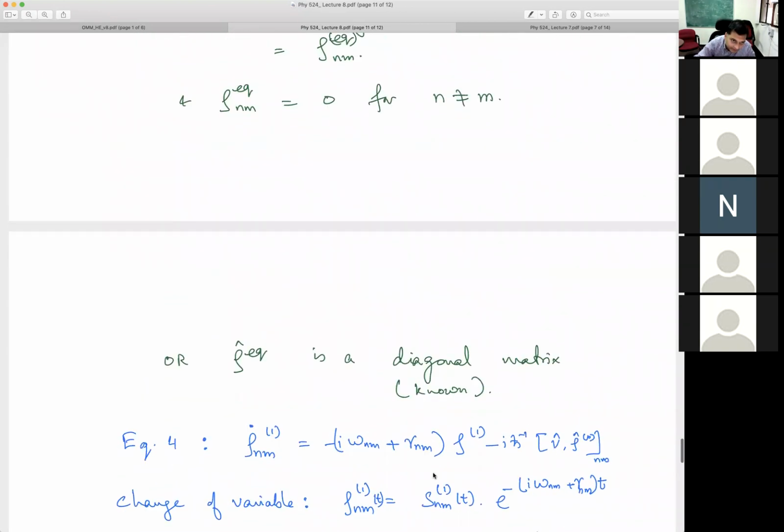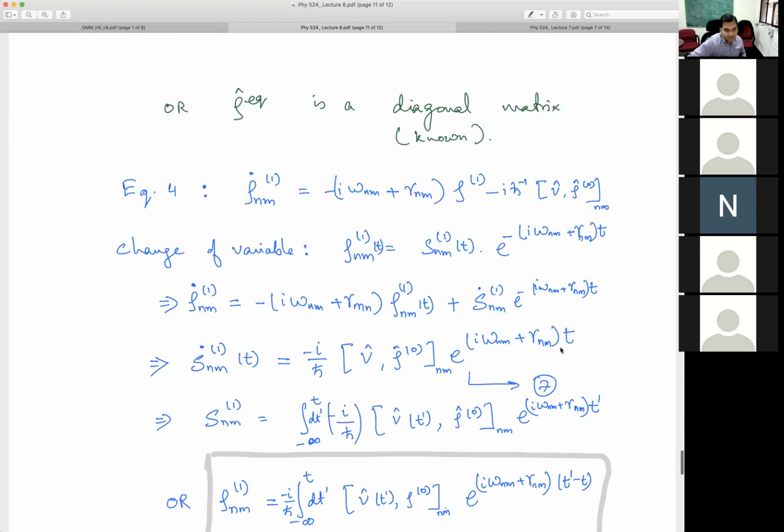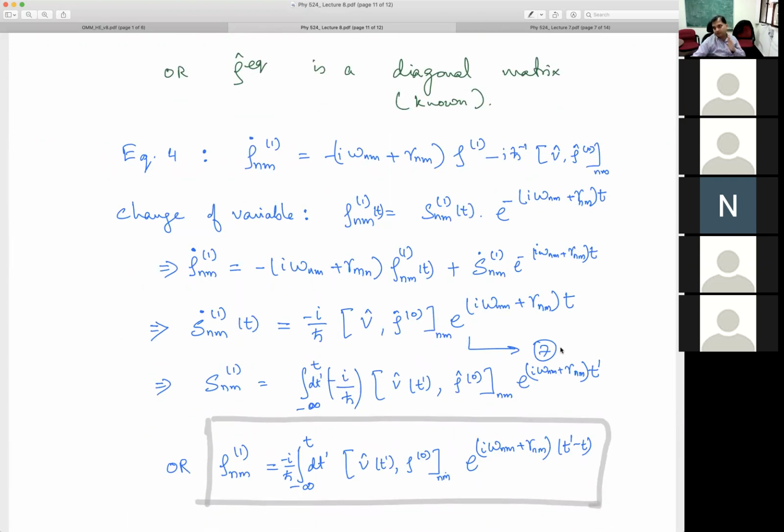Okay. And the implication of this last statement is that rho equilibrium is a diagonal matrix, which is sort of known because of some other physics that we have not brought in right now. So it can be known because of quantum statistics, or because I know it is in thermal equilibrium, and it is a canonical equilibrium, so it will have this property, that property, etc. That I have not brought in, but rho equilibrium I will have other means of calculating.